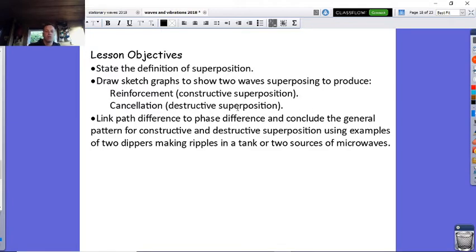So you need to know what is meant by superposition. Then you can draw sketch graphs to show two waves superposing each other to produce reinforcement, which is constructive superposition, and cancellation, destructive superposition. And then you start linking path difference to phase difference and conclude the general pattern for constructive and destructive superposition, using two dippers making ripples in a ripple tank, or two sources